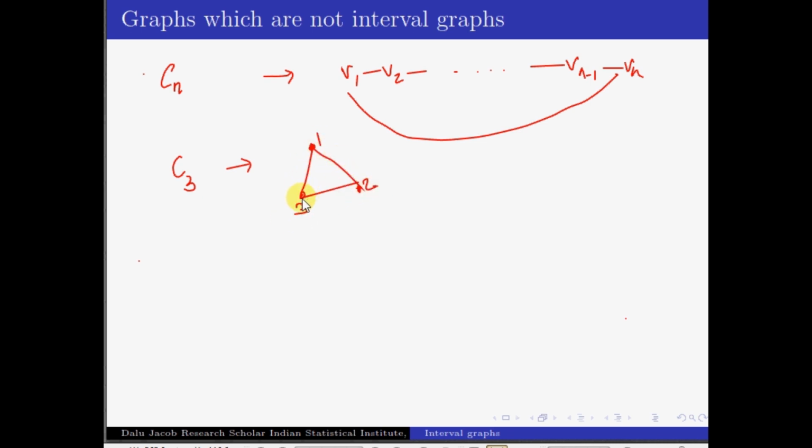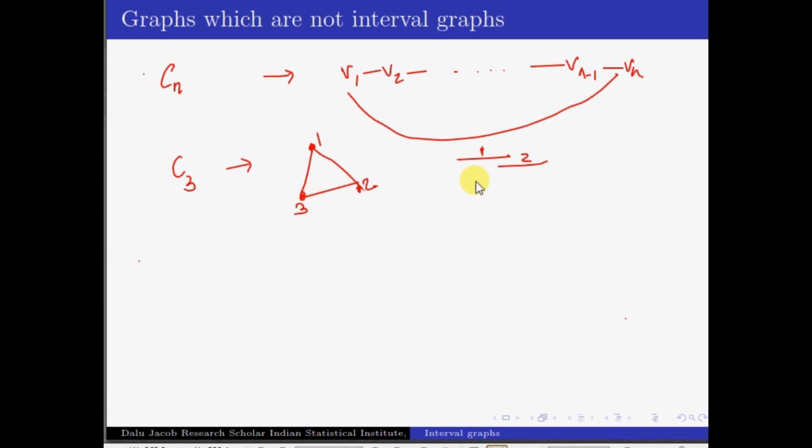So now let us try to find an interval representation for this triangle, because it is just a graph on 3 vertices. In order to find the interval representation, we have to associate an interval to each of these vertices. Suppose I am placing an interval 1 like this, then next I have to find the interval representing 2, which is also easy because we can put an interval like this, and in order to find the interval representing 3, we can put an interval like this, right?